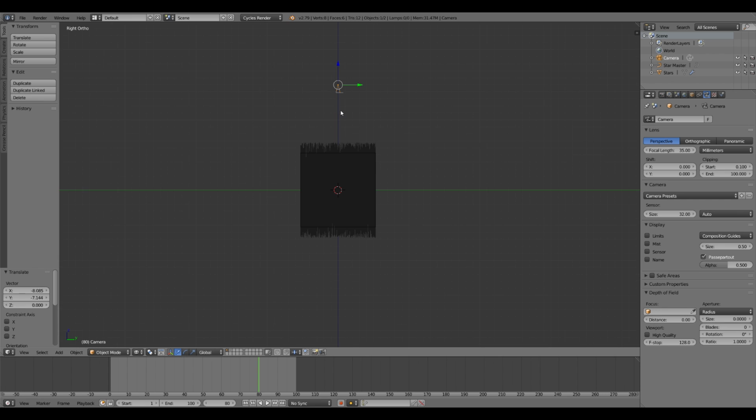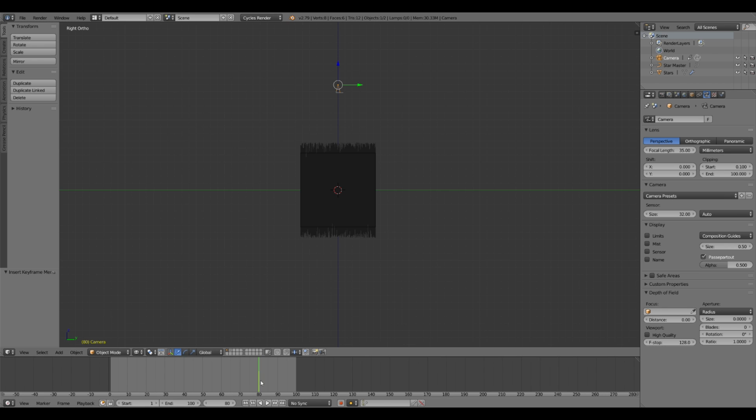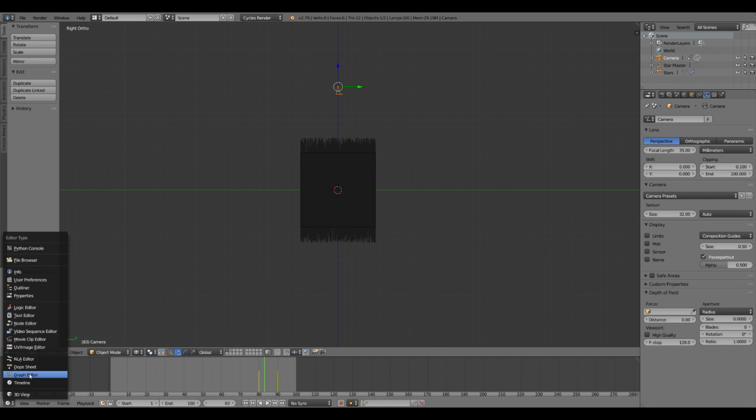5 for orthographic, and we'll set a keyframe for its position. Press I on the keyboard, select location, and then move forward to about 90, and we're gonna move in just a little bit, just for a little slow zoom in. Press I, location, so it moves in, and we'll actually go into our dope sheet